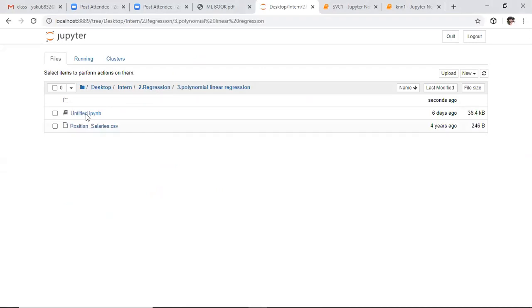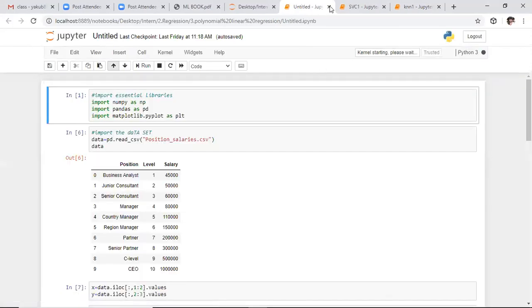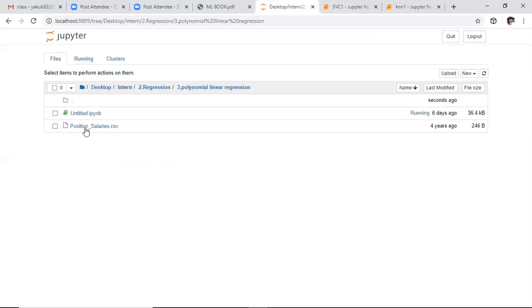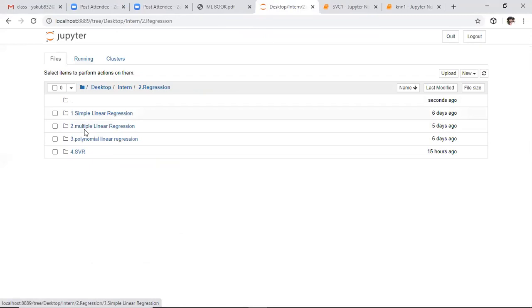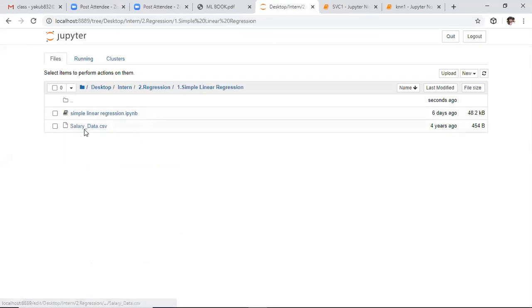Salaries data set, right? For the simple linear regression, I think we consider social network ads. Yeah, good. So here in the simple linear regression, we consider the social network ads data set.